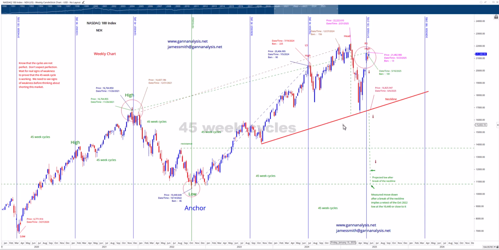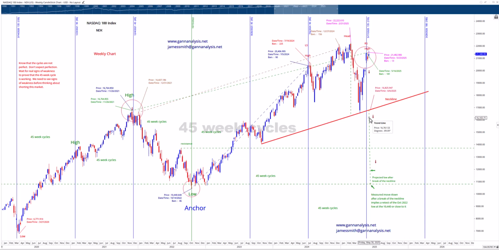You could also look at the head and shoulders pattern. This neckline, when you break that, it implies a momentum move down of equal distance to this line here, this dotted line. That would be a measured move down. It's the equal distance, giving you a low somewhere, retesting the October 2022 low. So it's pretty cool. This doesn't mean it has to get there right away. It might be over here sometime.